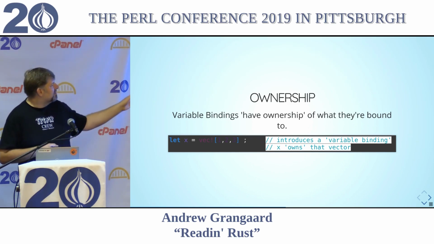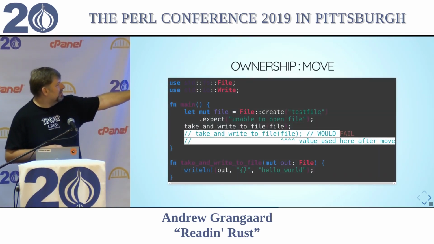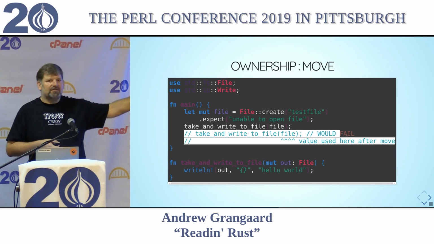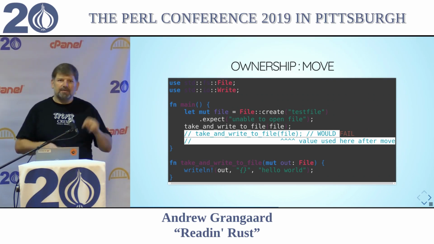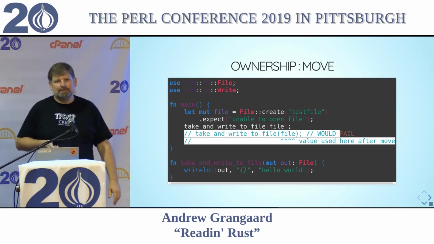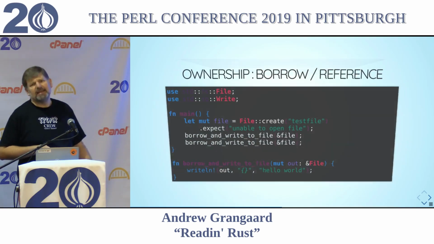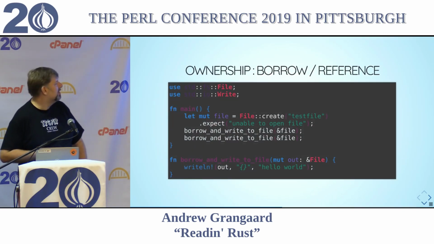But in this case, had I tried to take this write and file, I would get a value used here after move compile error, and I could see it right then. I'm compiling as I'm writing, and it's over here in the live checker, and it's like, whoa, that code's messed up. I'm translating for you. It doesn't really say whoa, which would be cool. Maybe we can recommend that to them.